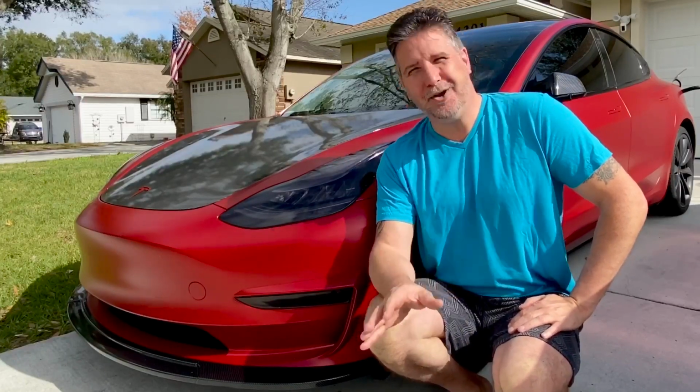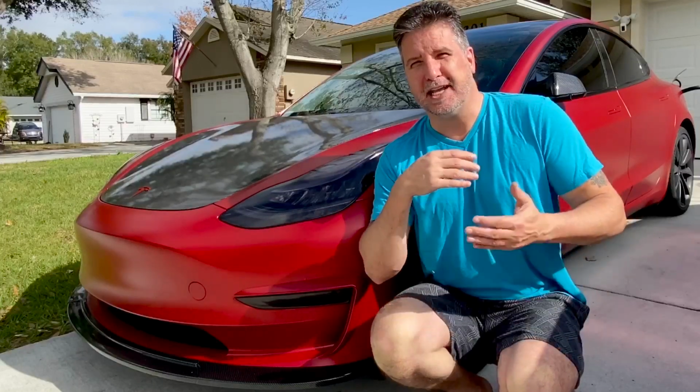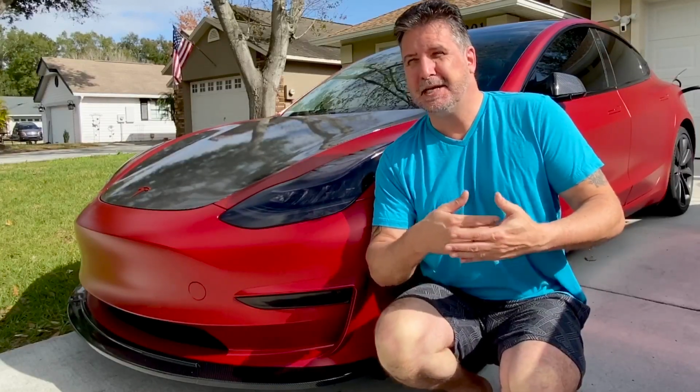Teslas are not as expensive as people think. The first thing I always get when they see my Tesla is, oh, well, you've got to make a lot of money. You got to be really rich to afford a Tesla. That's not really true. When you really look at the numbers on a daily or monthly basis, and you do